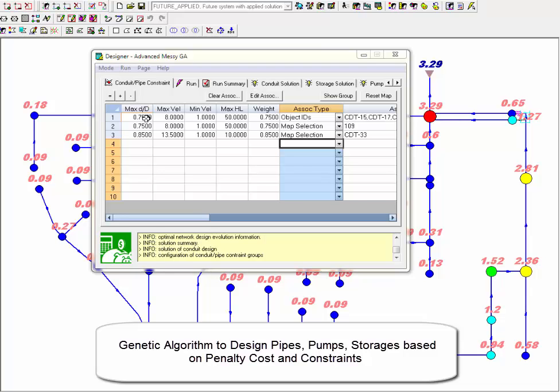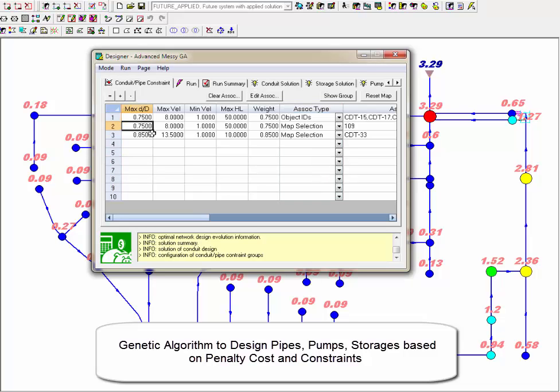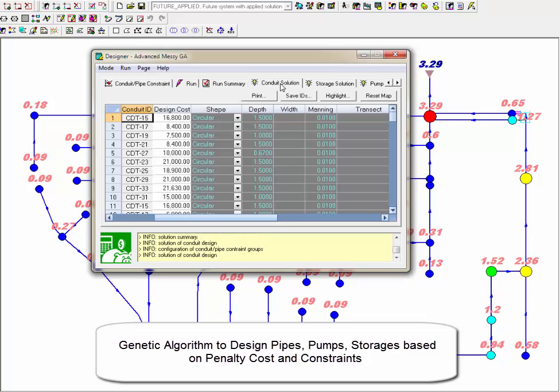Well, basically you give it the classic constraints: the maximum D over D, the max velocity, the min velocity, the max hydraulic grade line, your various weights, what pipes you're looking at, and what the goal is for that particular pipe. So these are the goals, these are the pipes that you're looking at. You give it a weight and it does a cost analysis, basically, and tries to minimize the cost. You then have a,